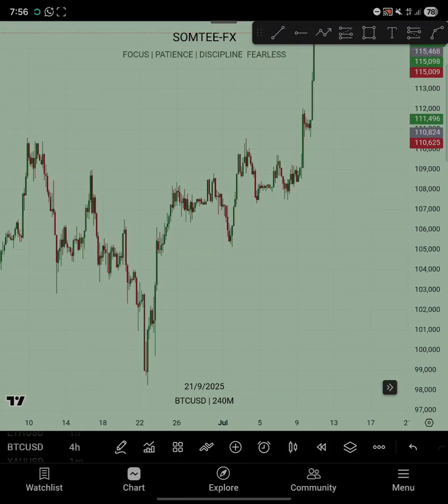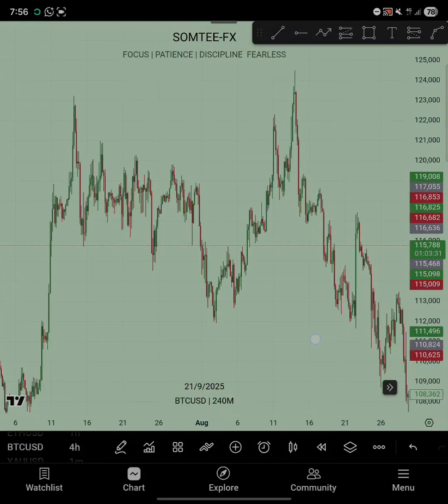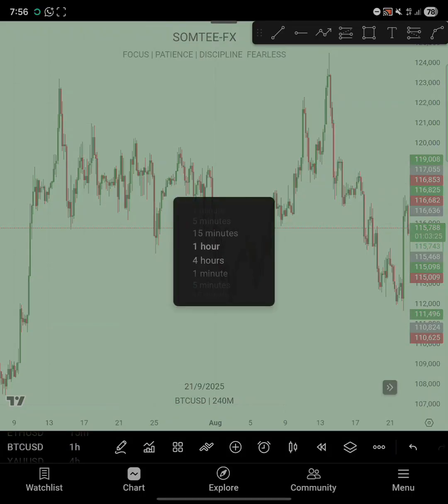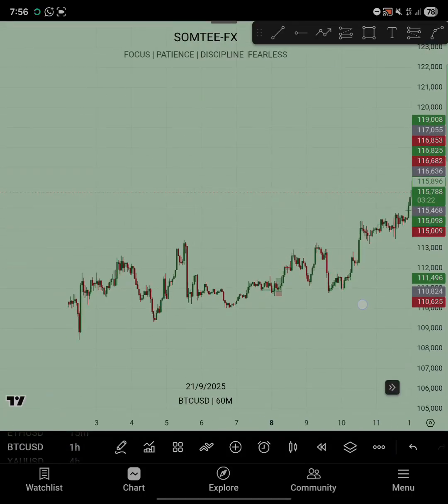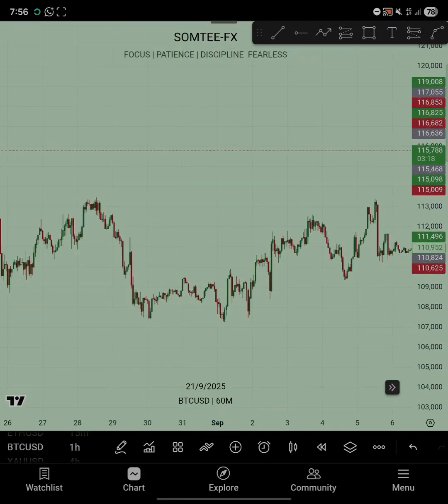This is the 4 hours time frame. See how it is. It is bold. You're seeing everything clear. You get to analyze the forex market. When you're analyzing, probably you check the 1 hour time frame. From the 4 hours to the 1 hour, you know the exact movement it's gonna take, and also how you can be able to get those moves properly. Let me show you one of the moves.